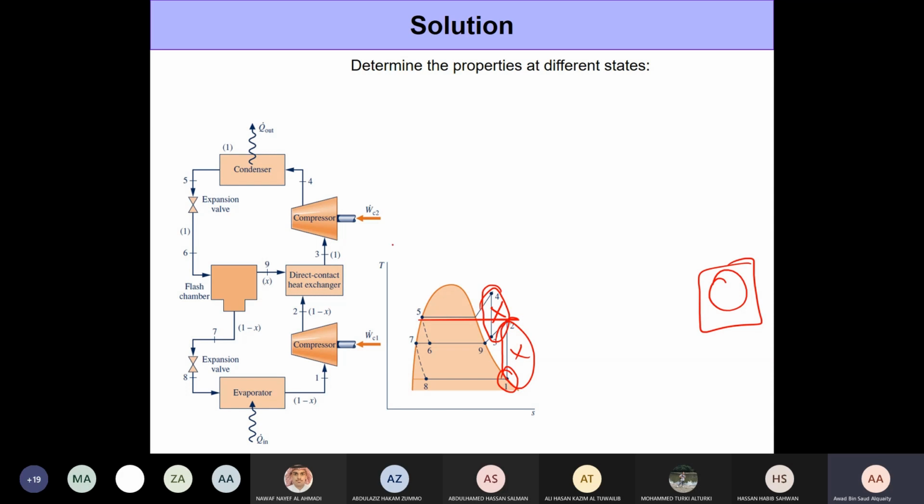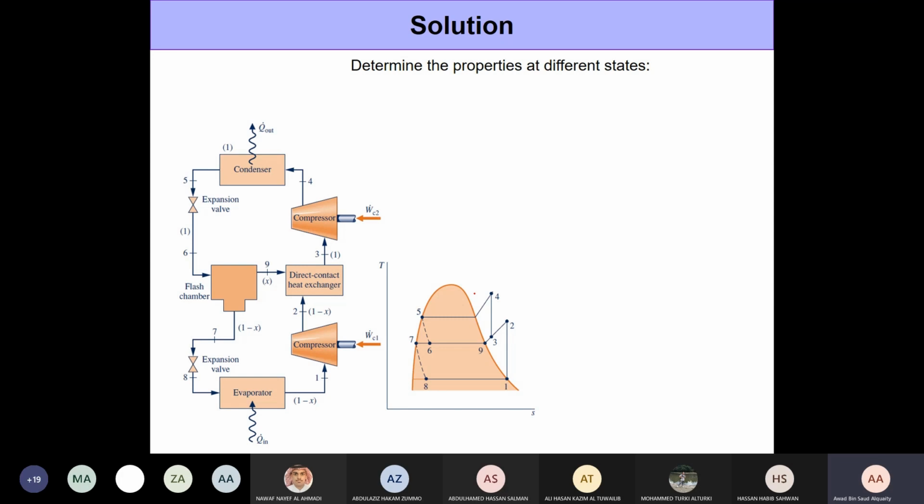So the simple point is, don't use the ideal gas equation when you're dealing with vapor compression. These superheated vapors are not ideal gas at all. If you want to check, you can do a quick comparison and see how much of a difference it comes out. And anyway, we don't have the ideal gas tables for R134A, so don't just try to force things.